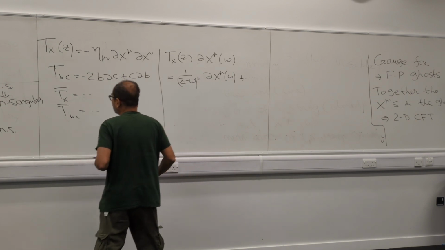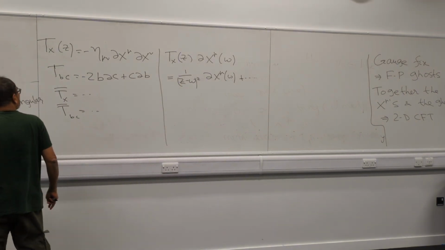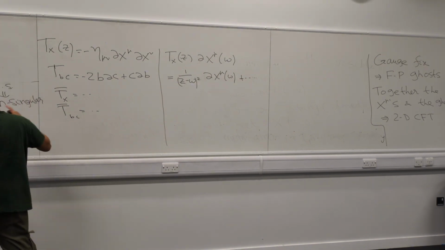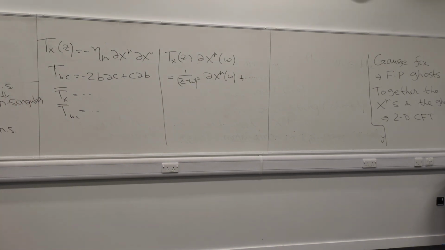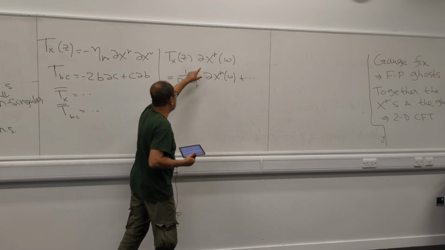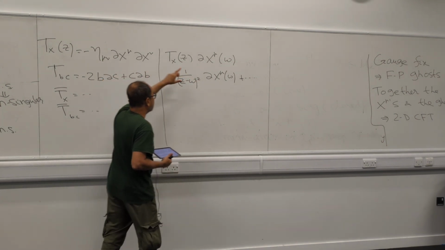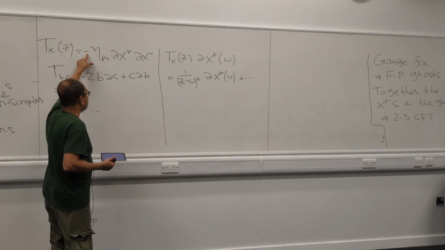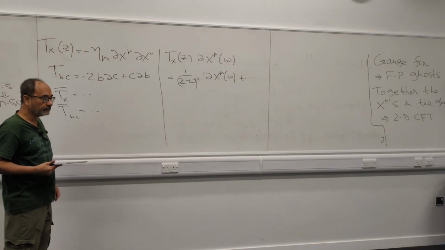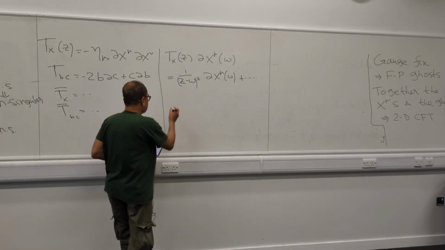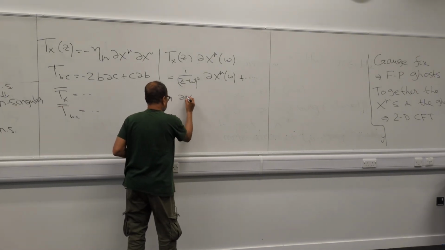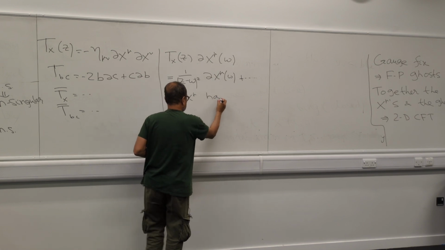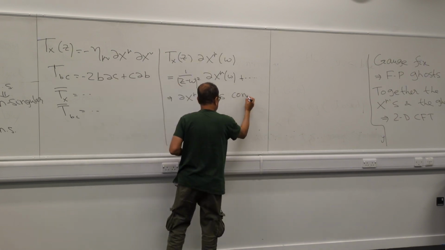So what happens here is that in the OPE of x del x with del x there is a minus half, right? That 1 over 2 got cancelled because there are two terms, one where you get the OPE of this with this and another where you get the OPE of this with this, and the minus sign got cancelled because there is a minus sign in the expression for Tx. So this tells us that this has conformal weight